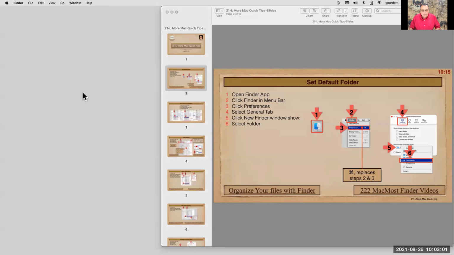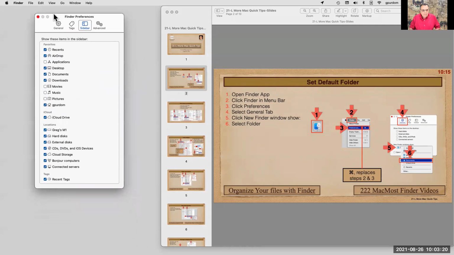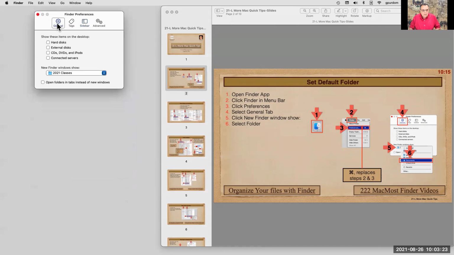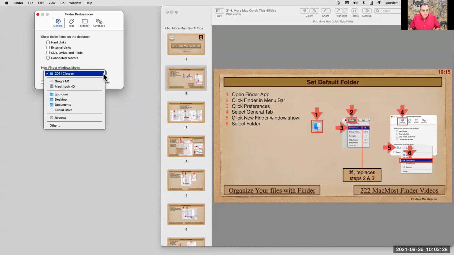When I just click on the open desktop, which is part of Finder, you saw the menu change from Preview to Finder. And if I click on Finder, I get this drop down here, and I click Preferences. That opens this Finder Preferences window. And I'm going to click the General tab. And down here, this section is where we set the folder. Now it shows you some of the folders you can set, but if this doesn't include where you want the Finder to open, you can click on Other,